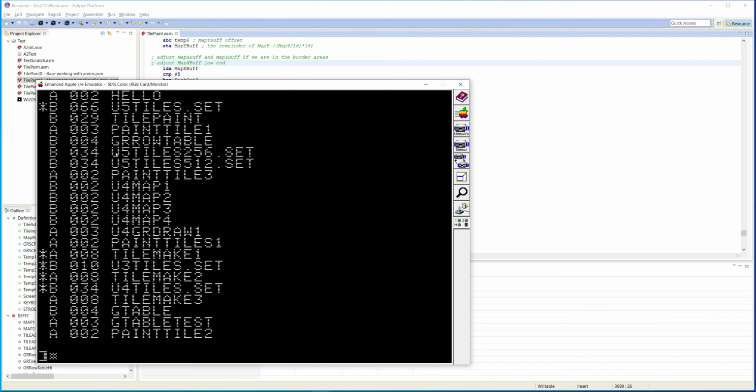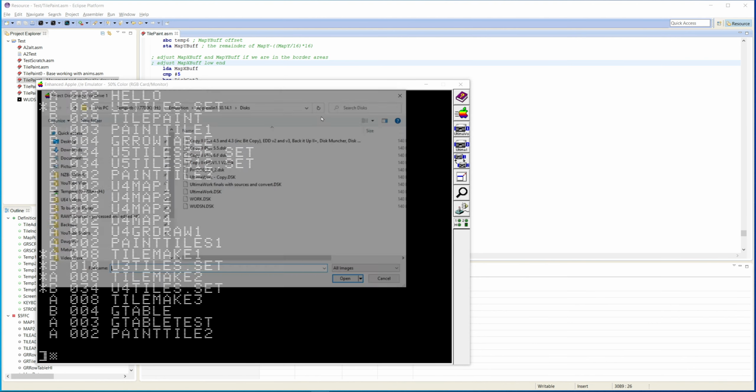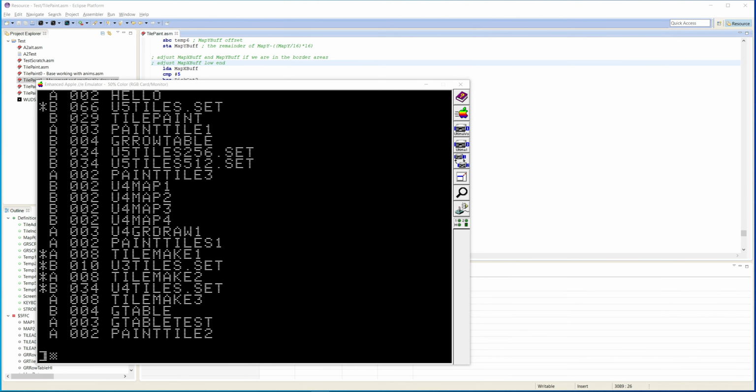But just in case something like that were to happen, I'll make a version of this disk that doesn't have these on there. So you'll still have all of the code, and there'll be 2 disks, well, really 4, but maybe 3. There'll be this disk like it is. There'll be the disk without these tiles, and then there'll be the other disk, which is going to be, I think, this one,